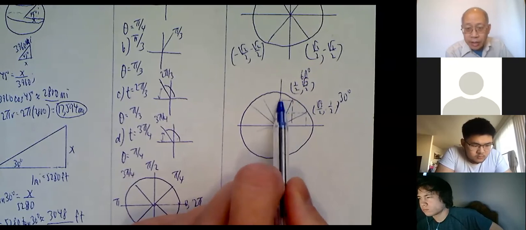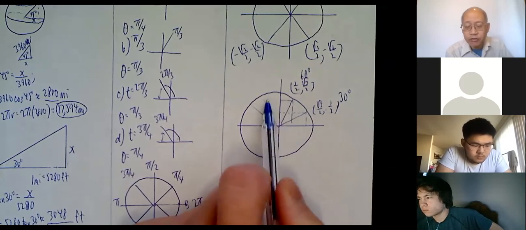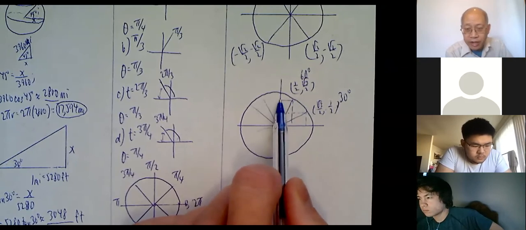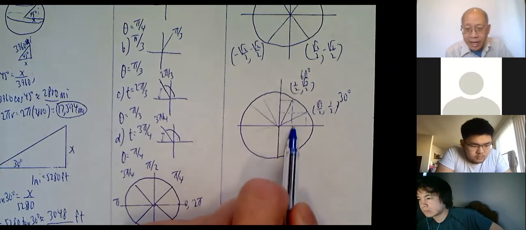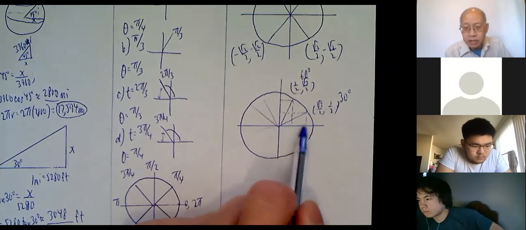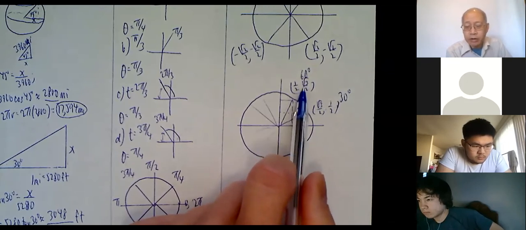So from here, I go over to there and there. Does it look like x or y is halfway across the circle? Look at this y value. It's way more than half. If you look at the x coordinate, that looks like half. That means x is a half. Therefore, y is the other number, radical 3 over 2.